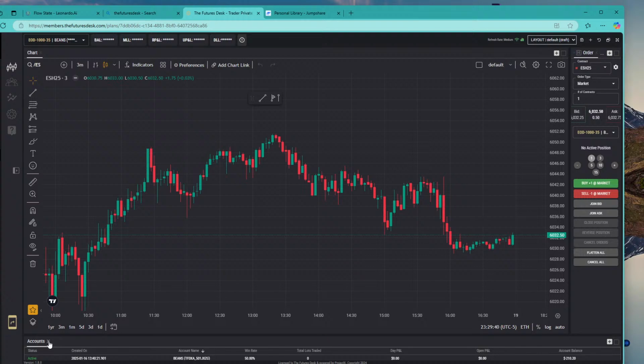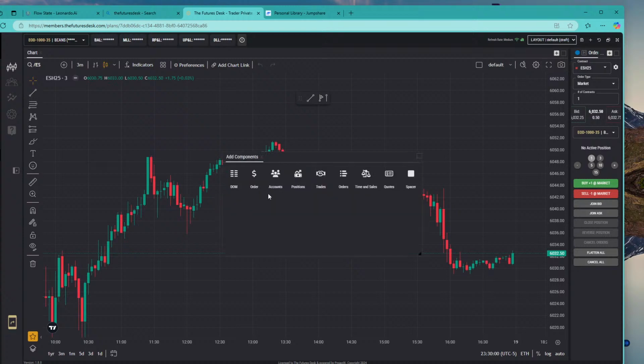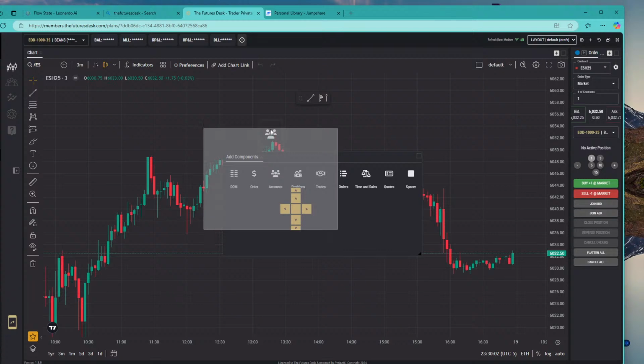Or let's say you exited some of these things and you wanted some of them that are now defunct. They're not here anymore. What happened to them? Where did they go? All right, so you can click on the top right. Let's see here. Yeah, add components. You can do this in any window. Let's say you do want your